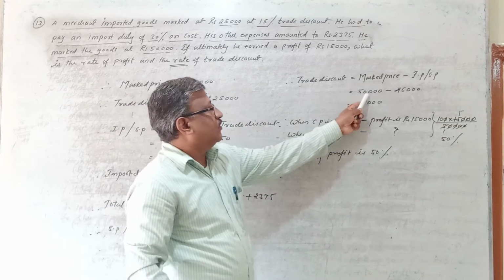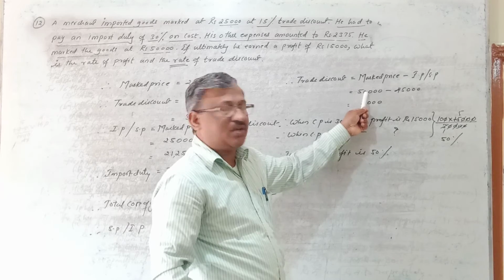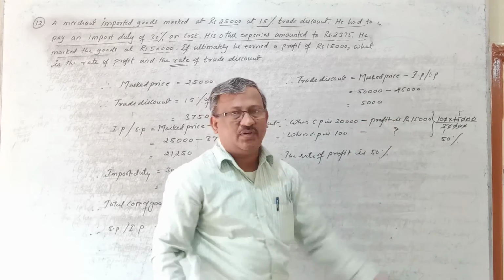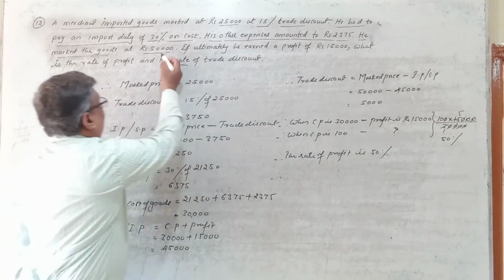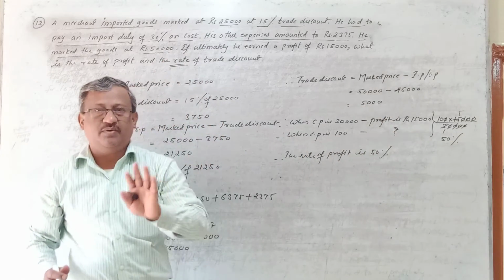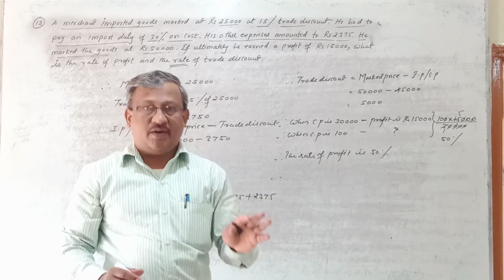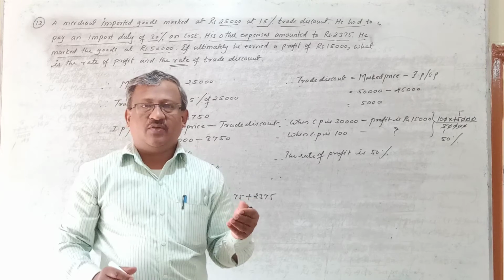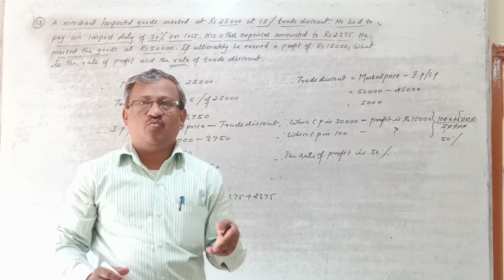You can correct this. By mistake I have written 20,000 here. It is not 20,000, it is 50,000. Marked price is 50,000. 50,000 minus 45,000 we get 5,000. So per 50,000 rupees he is giving 5,000 rupees discount. I want to know how much discount he can give per 100 rupees. Instead of my marked price being 50,000, if my marked price would have been 100,